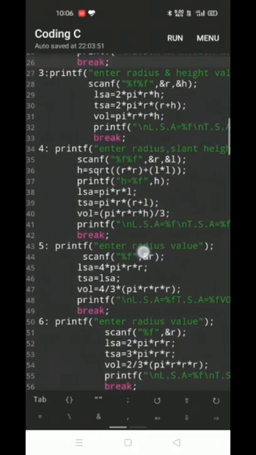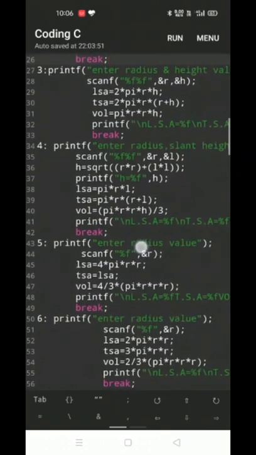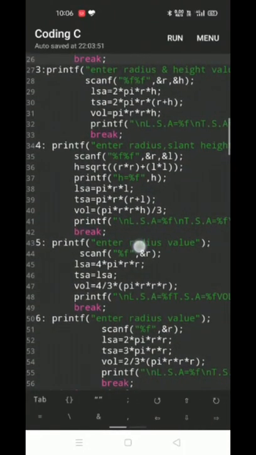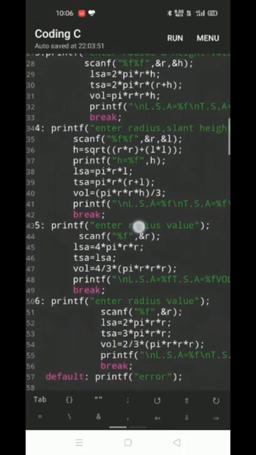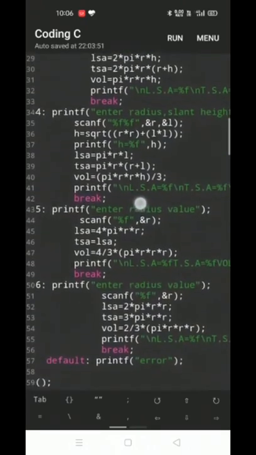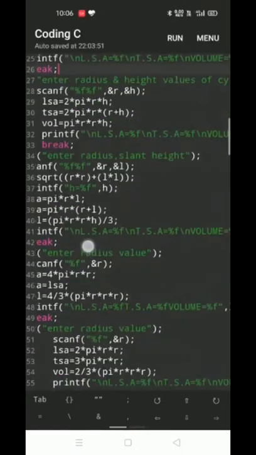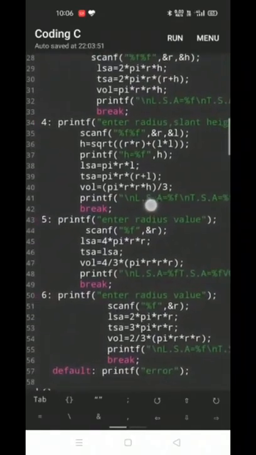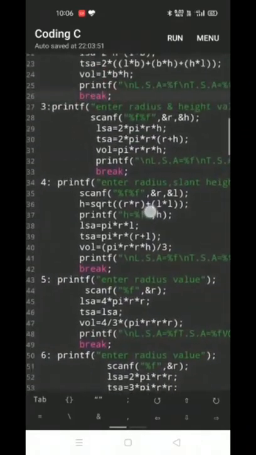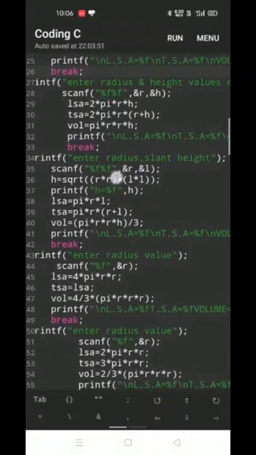Then we are calculating the lateral surface area of the cone using pi into r into l, then TSA followed by volume, and we are printing those using a printf statement.